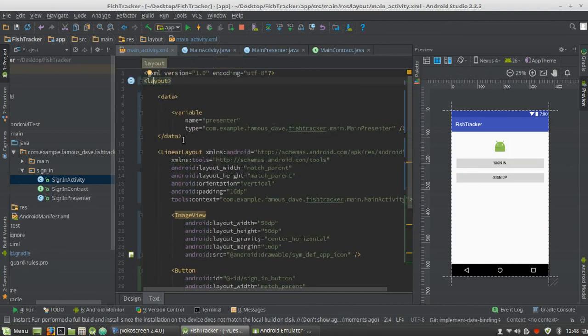Wrap it in this layout tag. We will have a data tag which will have a variable, and every module will have a presenter, so we're always going to pass it a presenter. This is a really powerful pattern if you consider configuration changes, because we can essentially